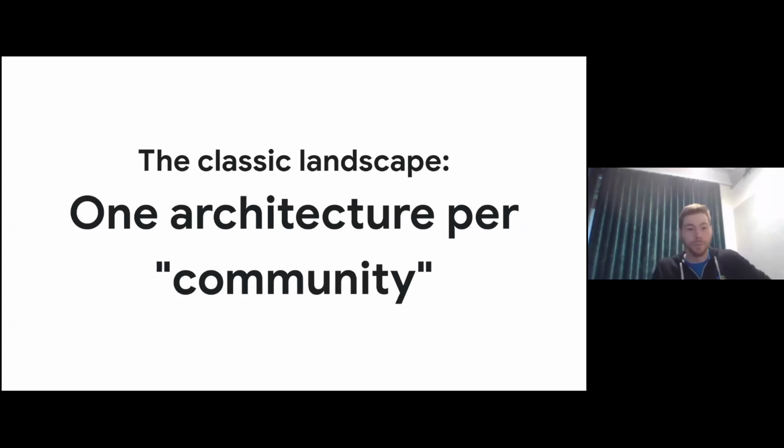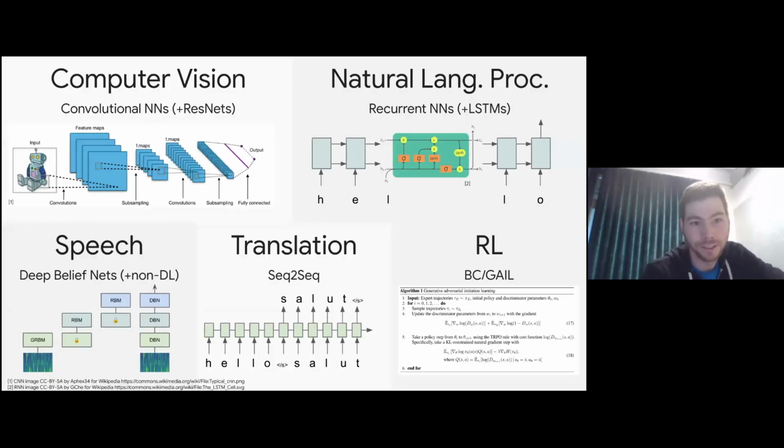How did it used to be? Like, how did the landscape in research and in ML used to look like? Kind of like this. We had the different fields like computer vision, NLP, speech, translation, RL, and many more that I don't all list here. And basically each field was like its own little bubble, barely looking at the other fields. Long time ago, it was still possible to follow the other fields, but then as everything exploded, people cannot read the papers from everywhere anymore, and everybody is kind of isolated in their bubble.